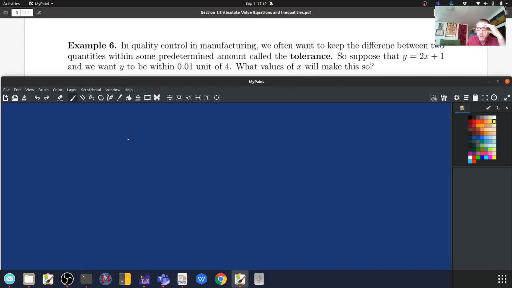So literally from problem B, we have y minus 4 has to be less than 0.01. But y is given to be 2x plus 1. So let's replace y with 2x plus 1. We're still subtracting 4 from it, and it has to be less than